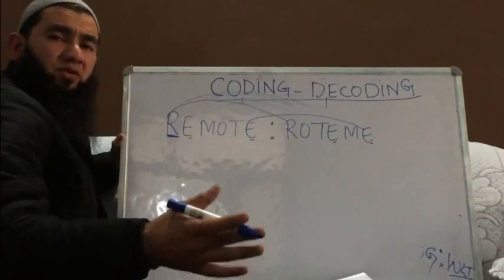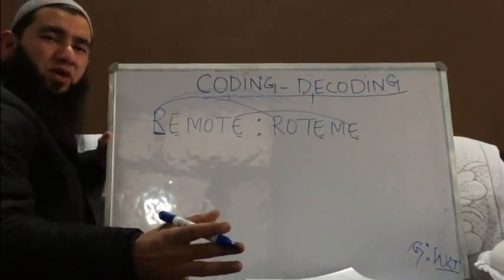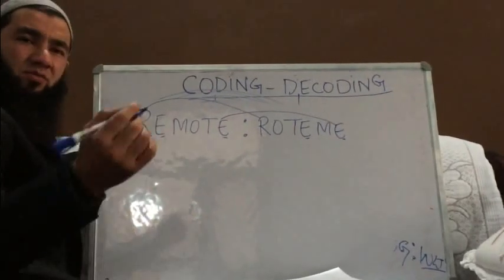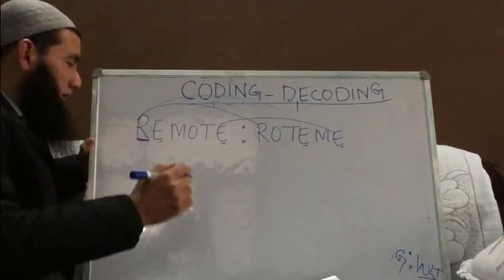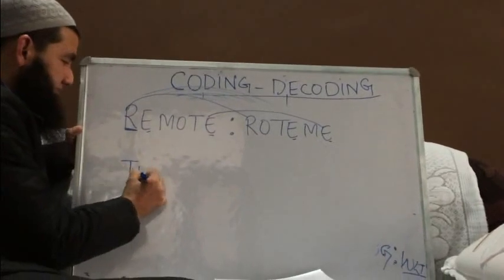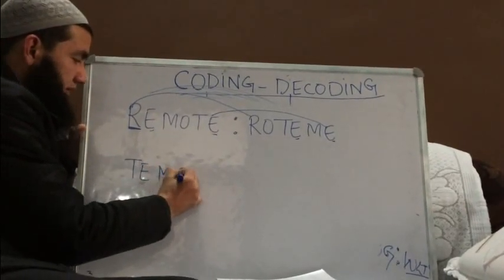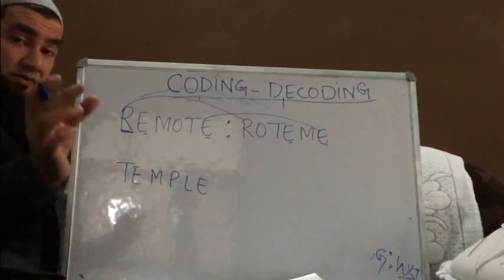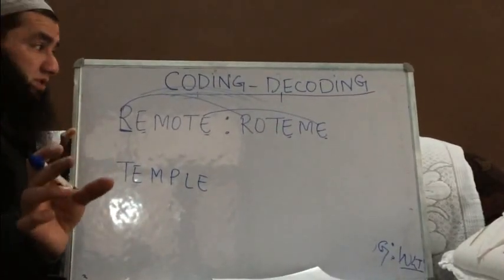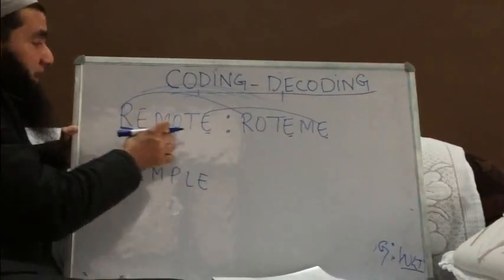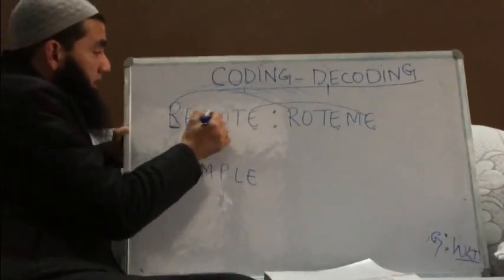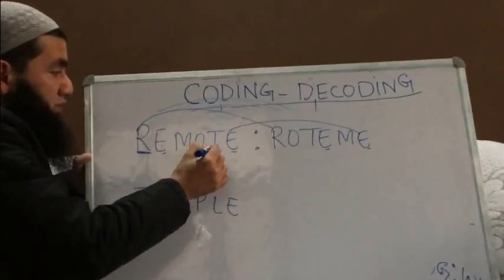So if the question paper setter asks me, let's say, what is the code for, for example, tempo, TEMPLE, I need to be very, very sharp while selecting the options. So what he has done here. Okay, now let's say REMOTE,